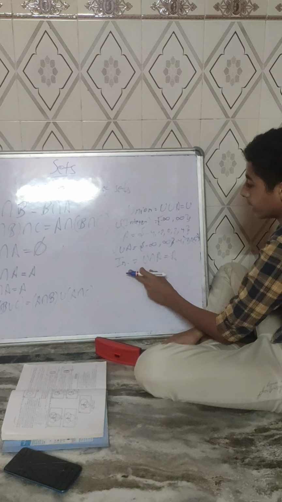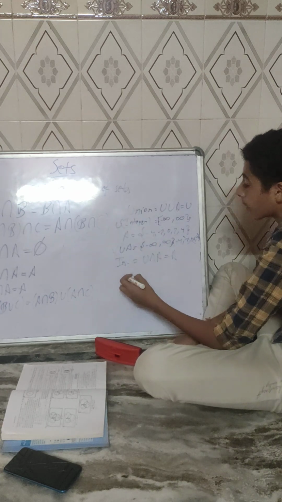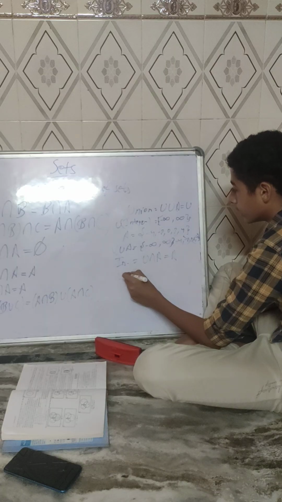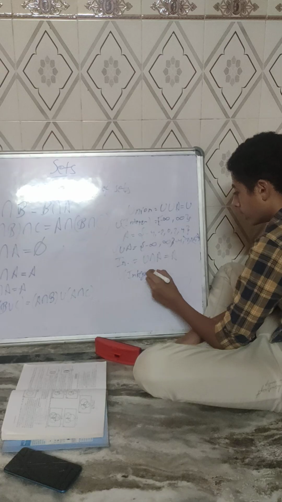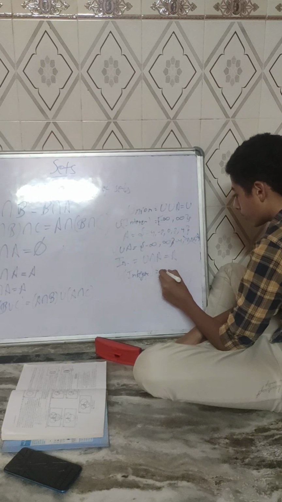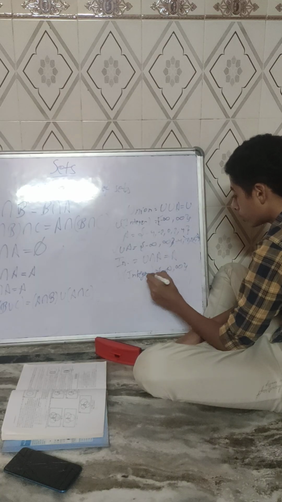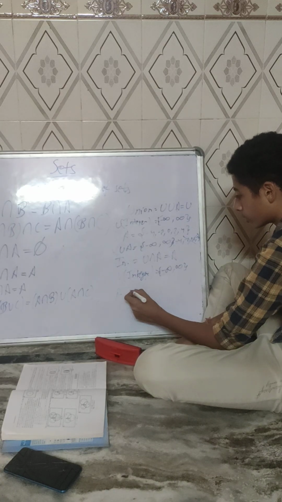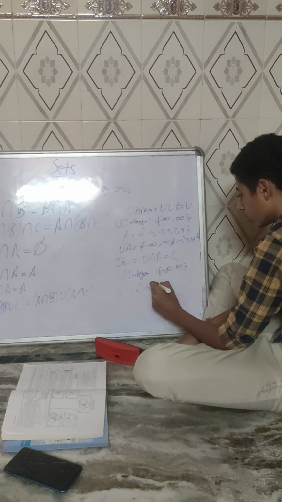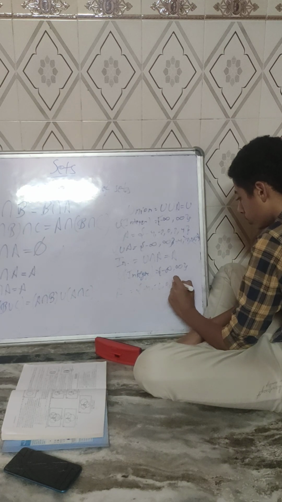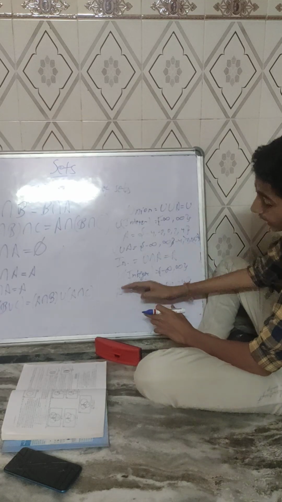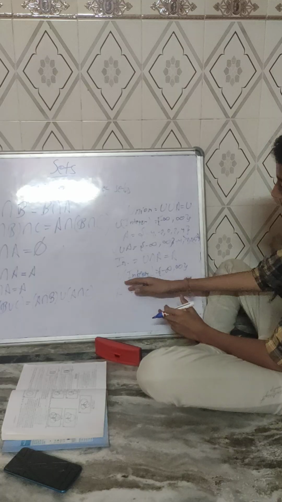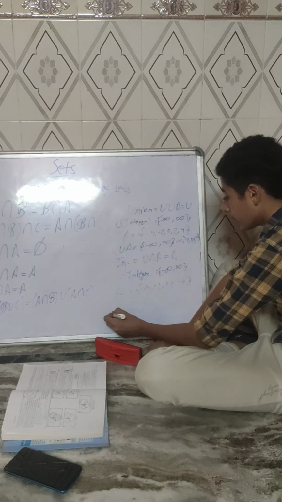But in case of intersection, we are talking about the common numbers. So if we take the U set as integers, we will have from minus infinity till infinity, right? And the other set will be the same, like minus 4, minus 2, 0, 2 and 4. So here we are talking about the common numbers between U and A. So the common number between